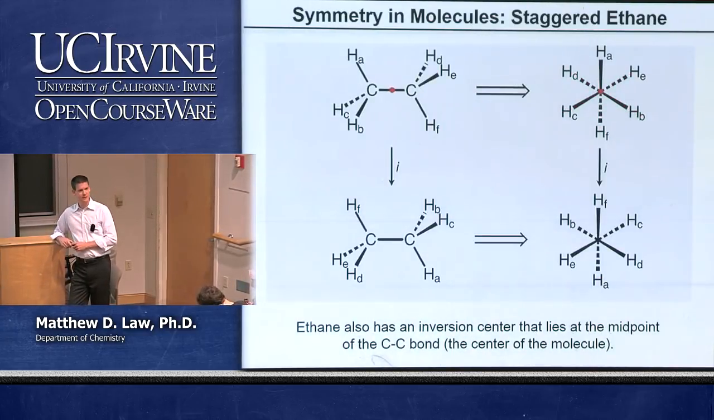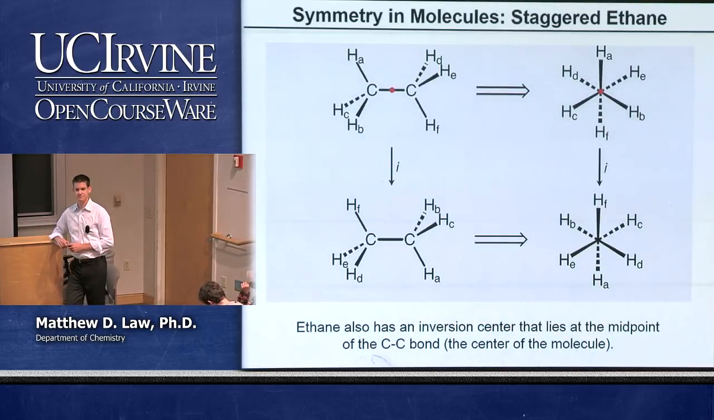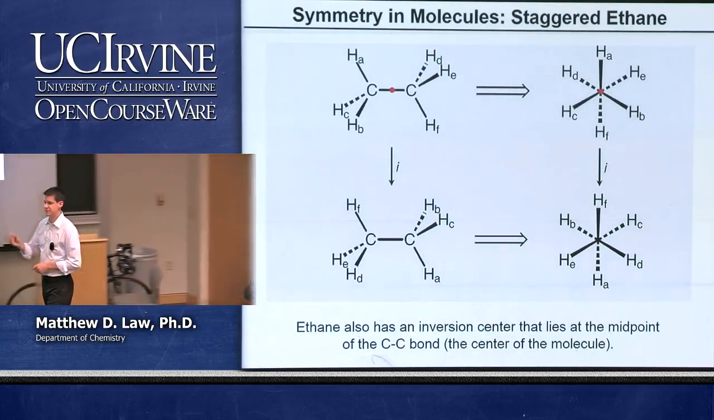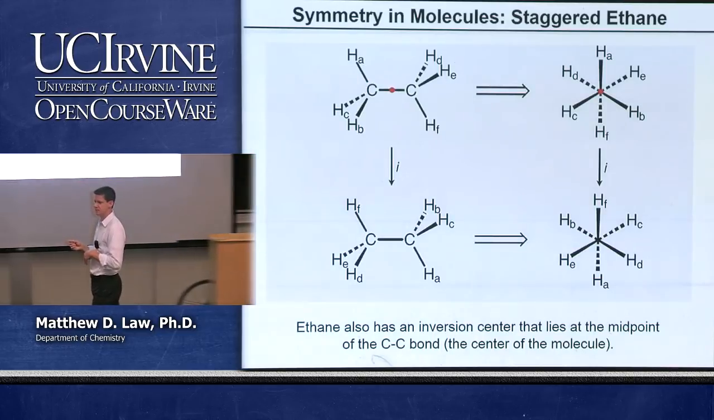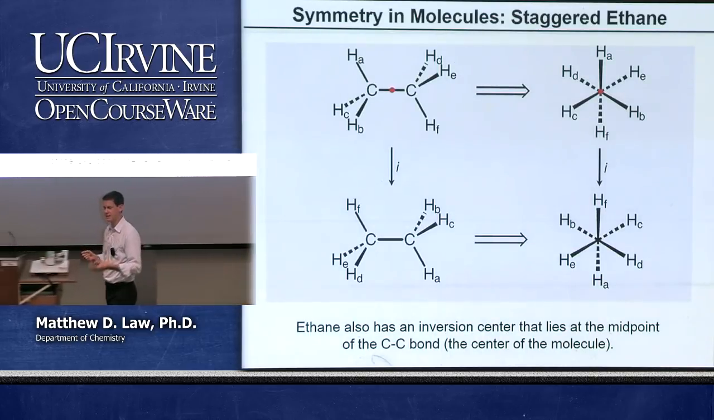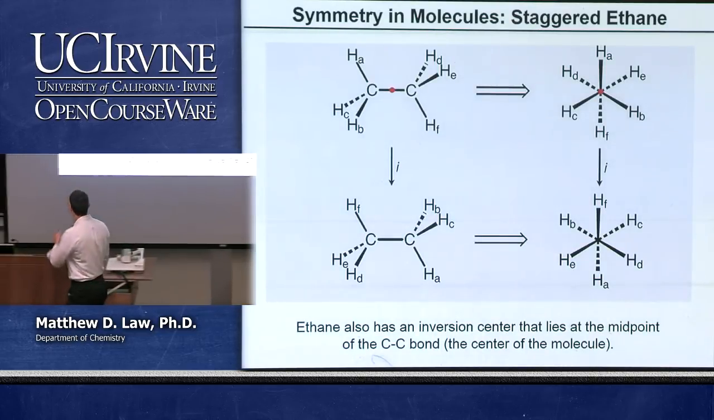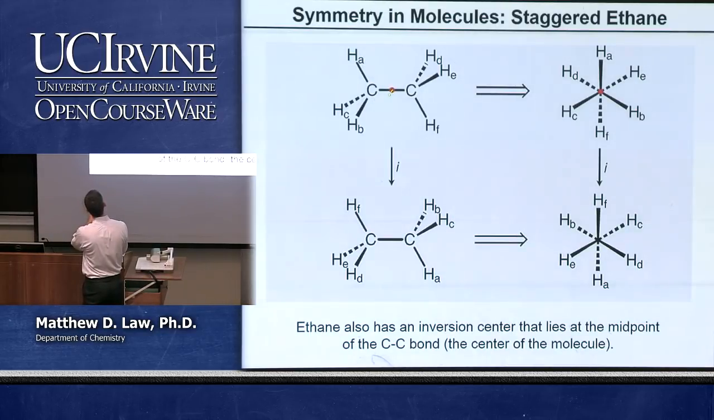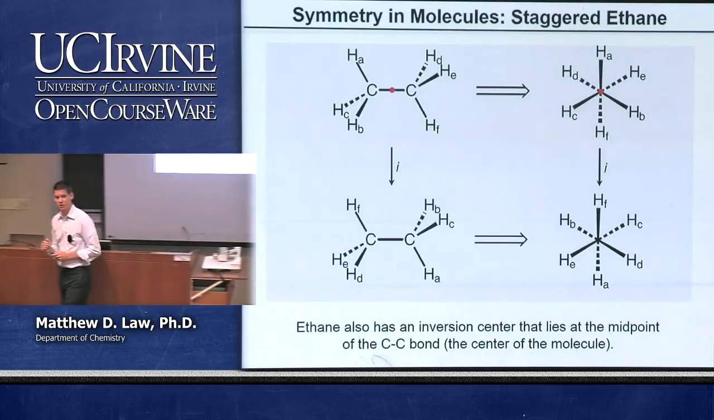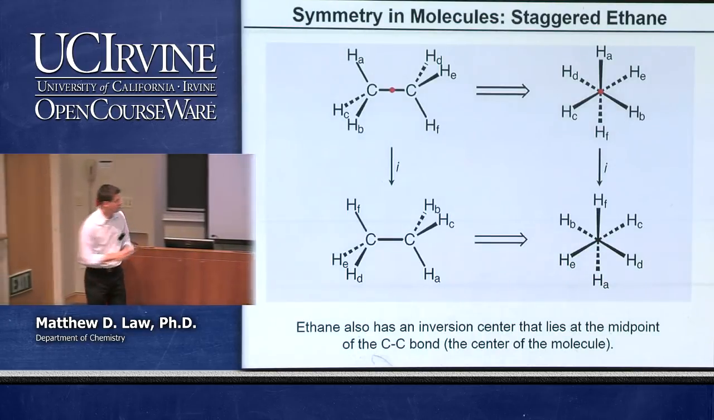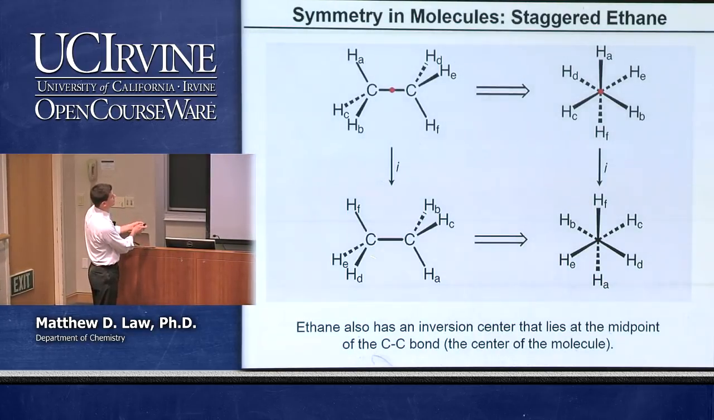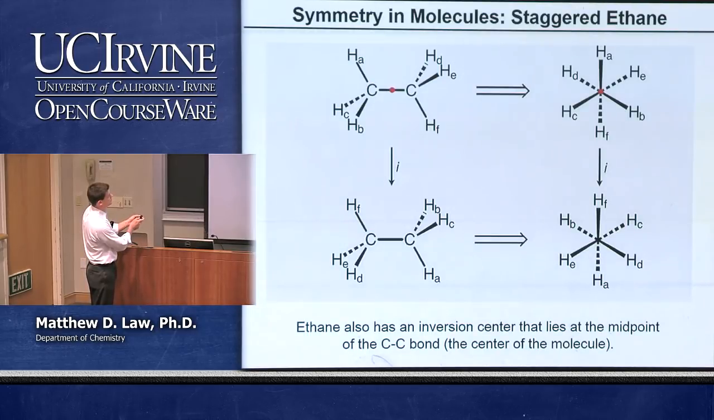There are more. The inversion operation is a symmetry operation of this molecule. The inversion, remember, you take coordinates x, y, z, and you change them to coordinates negative x, negative y, negative z, through some center of the molecule. The center of the molecule, the inversion center in this particular case, is at the center of the carbon-carbon bond, right in the midpoint. If we perform the inversion operation looking at the molecule in this orientation, you can see